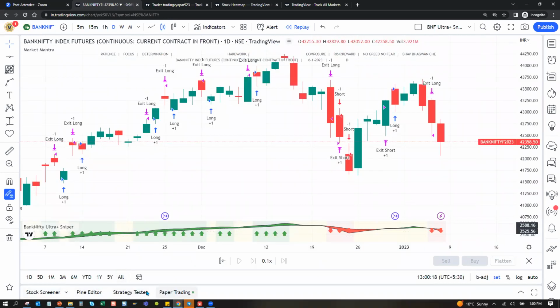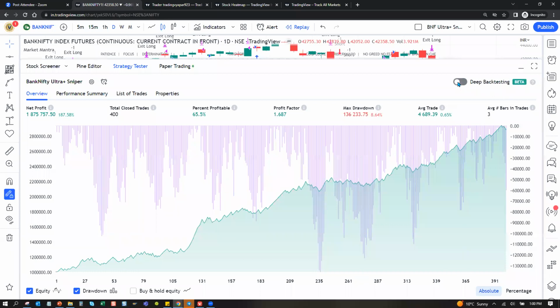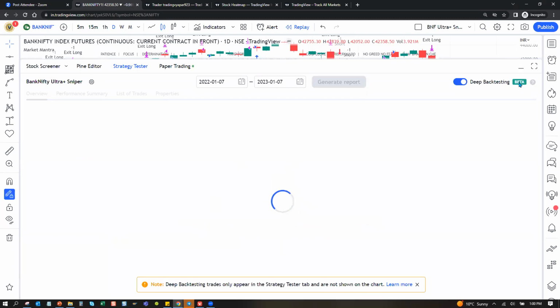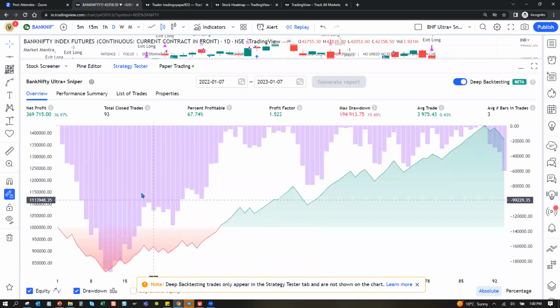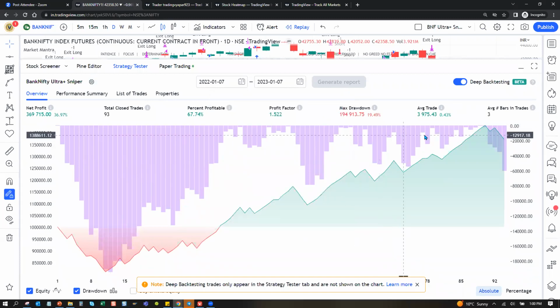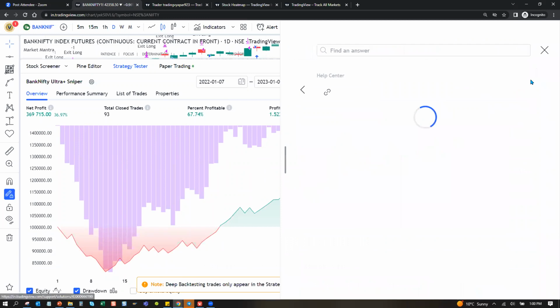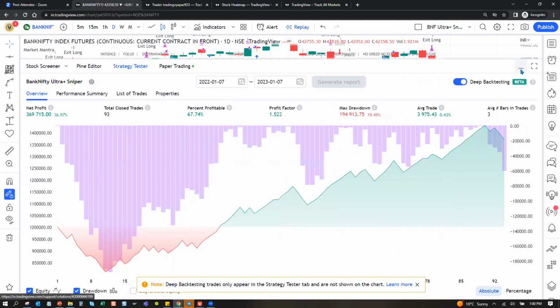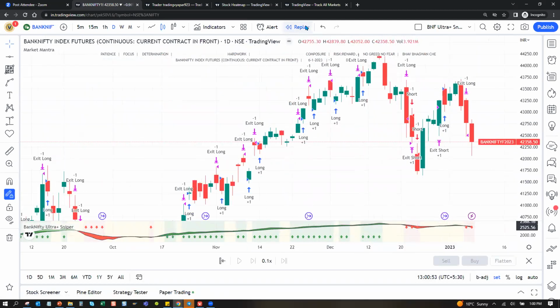And then there is deep back testing. ये अभी recently they have added, like a couple of days back. It will generate a report, deep back testing. It's a beta version, अभी it's not fully worked around. इसमें you have to change everything. Beta testing का अलग parameters है. So deep back testing trades only appear in study tested and are not shown on the chart. ये सब informational है. It's a beta version. You can read more about it in here. Okay, what is deep back testing? I just wanted to show, if you have a strategy and you don't want to do bar replay, then what is the other way around? Okay.